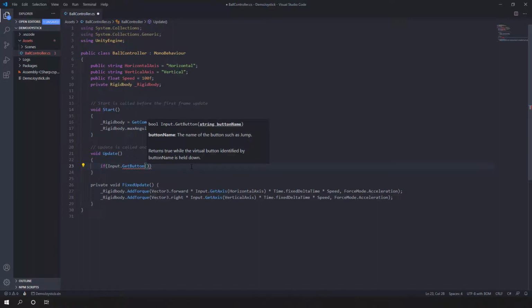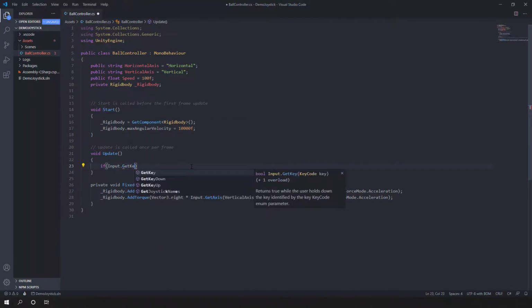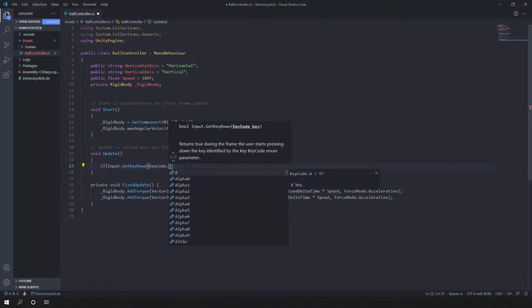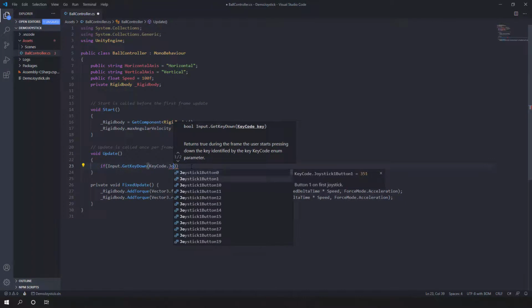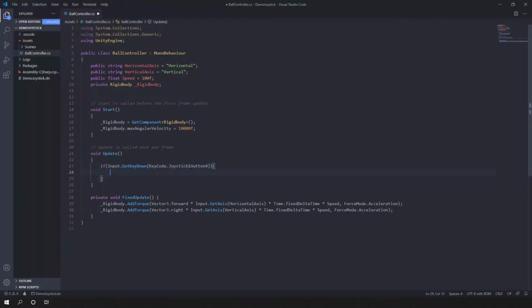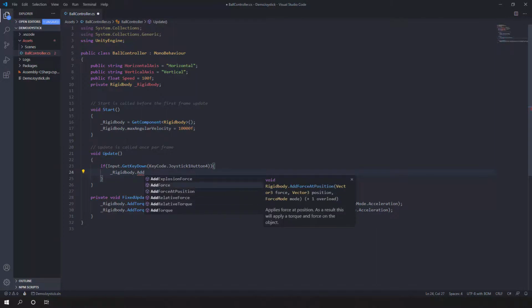So this is how I can check if that button was selected, or I can use the get key down, for instance, and the key codes, I can go all the way to joystick, and I can check which one is being used. Right now, I only have one joystick connected, so if I check which button is the joystick button 4, for instance, I can put an explosion force,